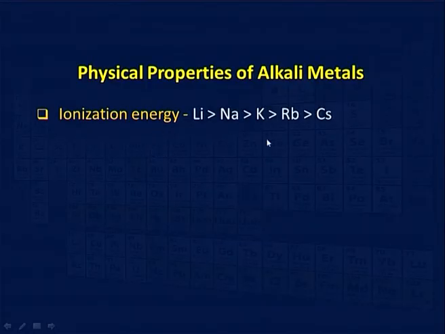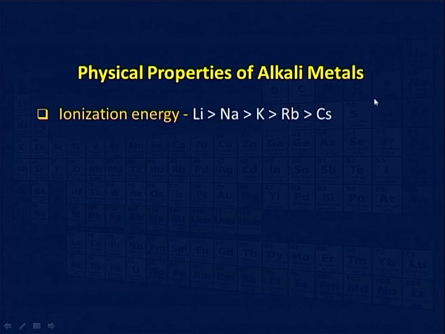Now oxidation state, all elements show +1 oxidation state, and I have told you why they show, because once they lose one electron they acquire noble gas configuration, which is very stable and is also indicated by the second high ionization energy. The ionization order is again, as I have told you, will follow this trend, because shell is being added, it is easy to remove electron from the higher shell. So you can see lithium, sodium, potassium, rubidium, cesium.